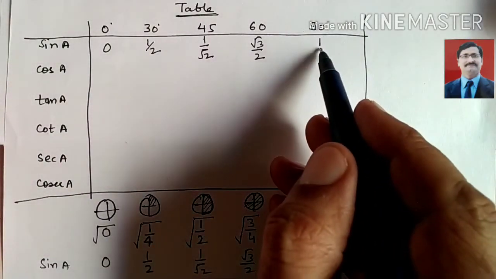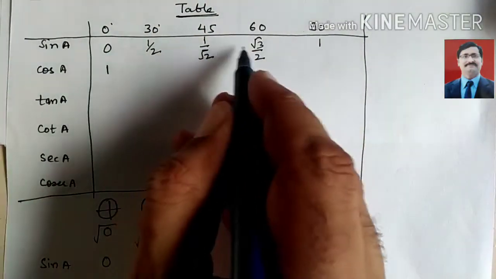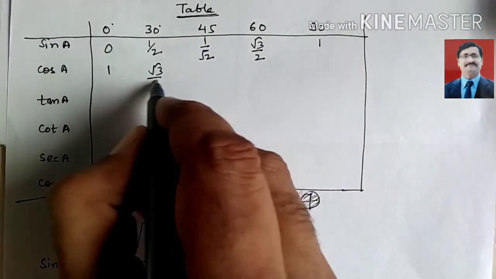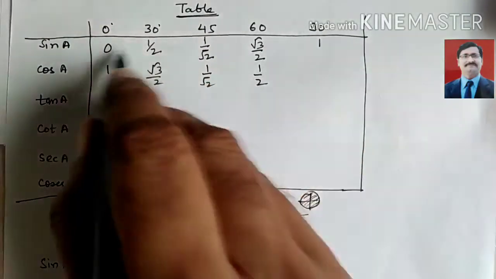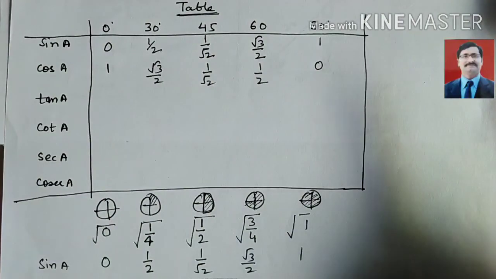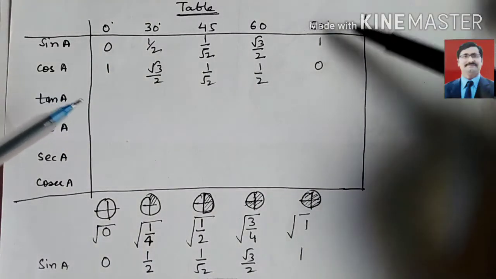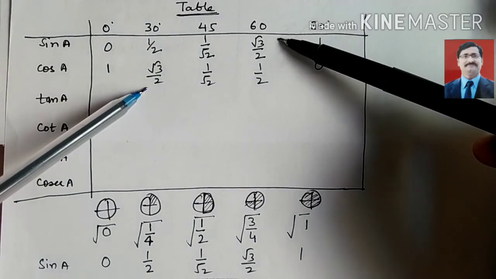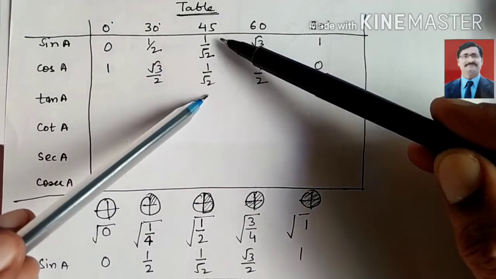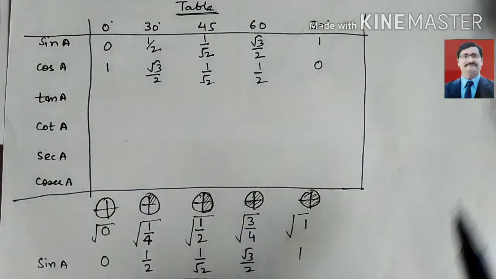Okay, then look here at how we can find cos. This 1 you write here, this is 1. Then the value of 60, you write here, root 3 by 2. Then 45 you repeat again, and then 1 upon 2 you write here, and 0 you write here. Does everyone understand how we write this? You can understand that this is an interchange: you can check, these both are equal, and these both are equal, then these both are equal, then these are equal. Does everyone understand this? This way you can write.